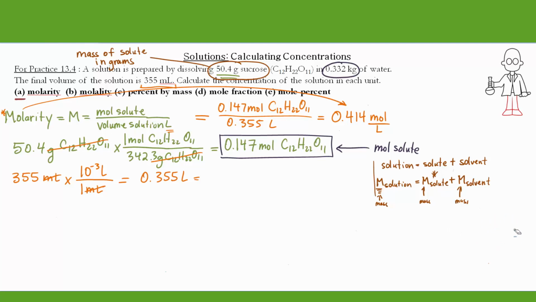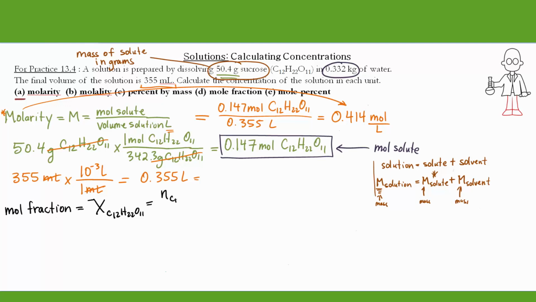So we can have chi of the solute. For this, we will need the moles of solute and solvent. So we can do chi of the solute, which is C12H22O11, is equal to